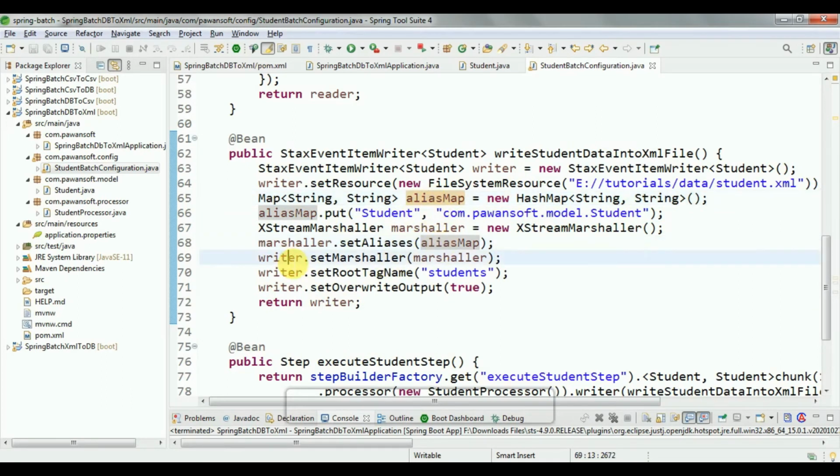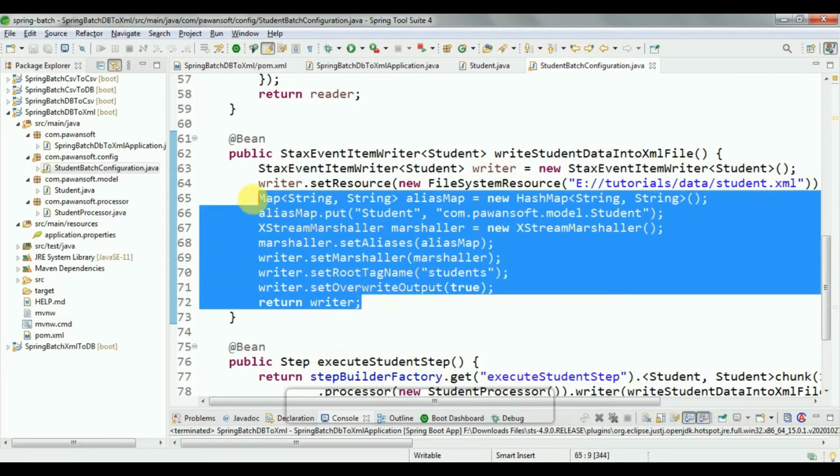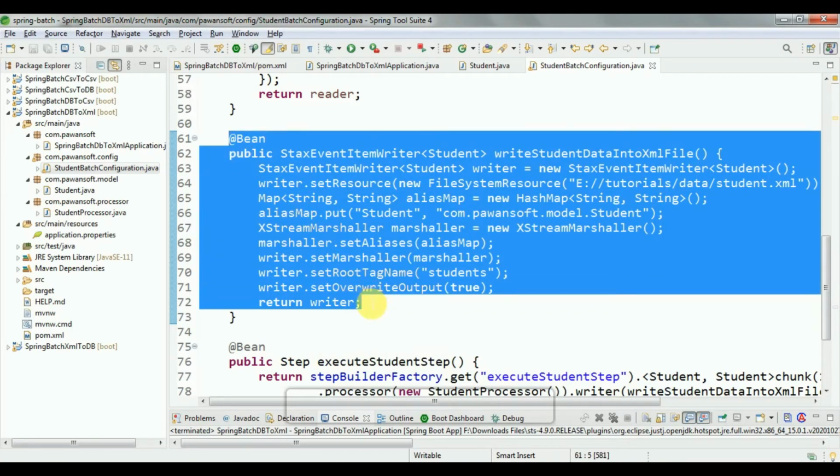Then writer.setMarshaller, writer.setRootTagName, and overwriteOutput true, and return the writer. So the writer is ready.